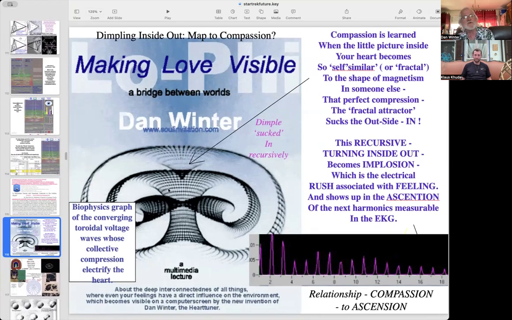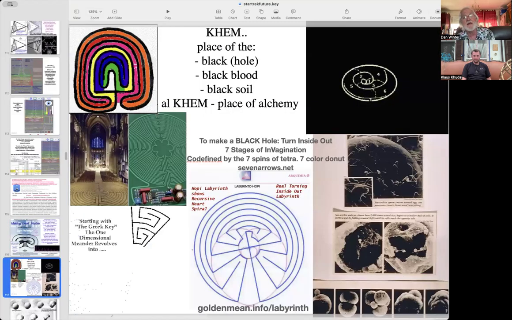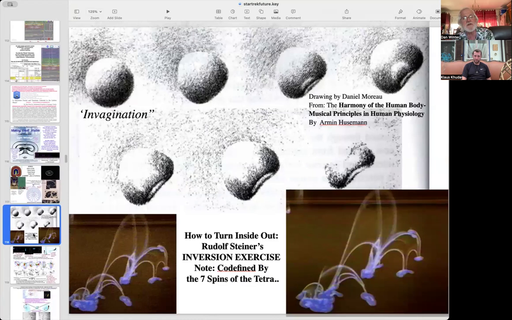And we have many papers on this, for example, on the physics of heart coherence, that your heart actually turns inside out recursively, implosively, electrically. And that is literally, technically, the electrical origin of the voltage of your heart's beat. It is profoundly implosively fractal. And also the physics of actual birthing, that the egg gets to fertilize the seed only if it delivers enough capacitance to cause it to dimple recursively and thus turn inside out.